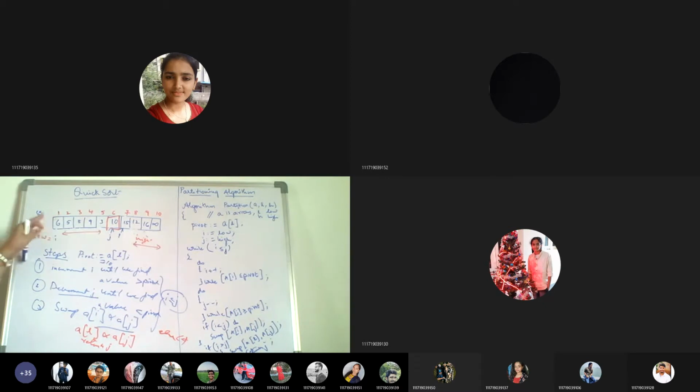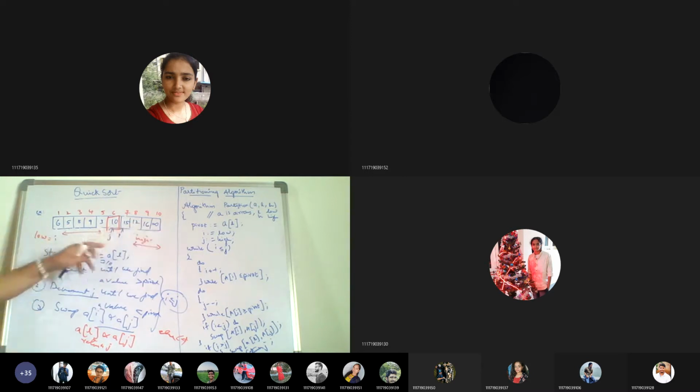See, in the given list, what exactly do we have to do? First step, whichever is the lowest element, we take as the pivot. Okay, and after that, what do we have to do? We have to increment I. I is nothing but the low, the first index. So we increment I until we find a value which is greater than the pivot. Initially it was 10 here, so we have to find a value which is greater. Here it was 16 earlier. Okay, so we get some value for I which is greater than the pivot.